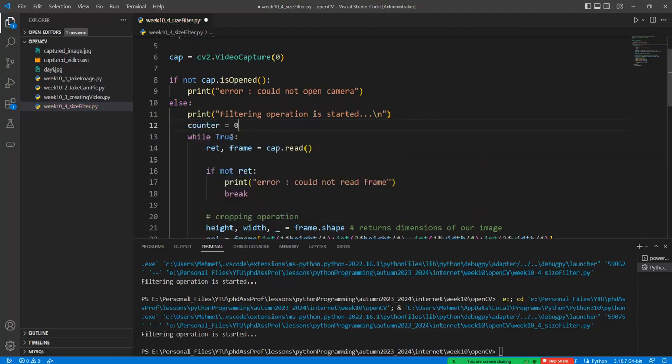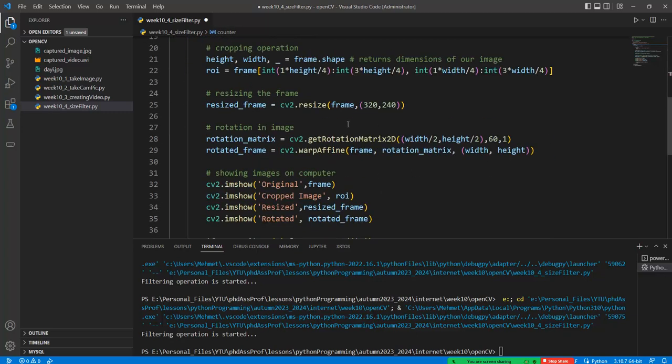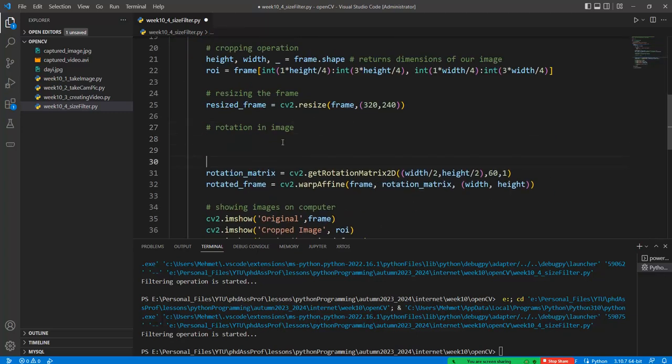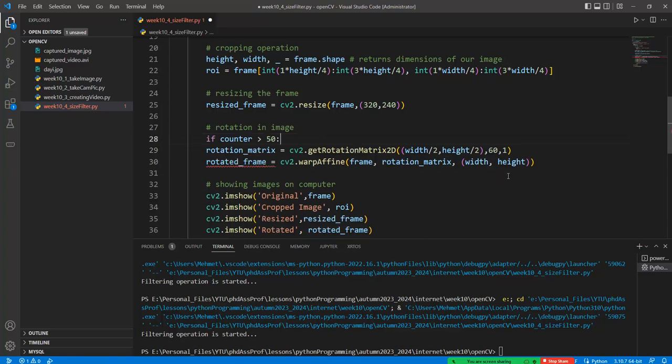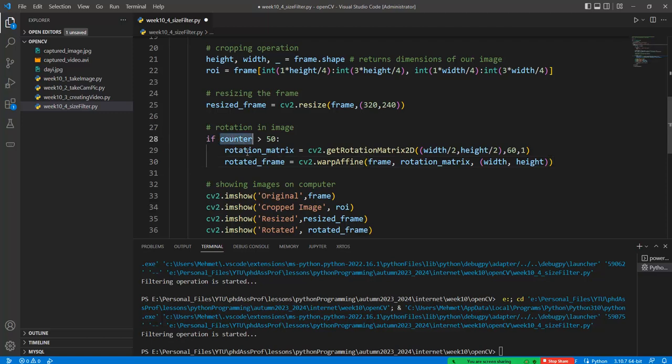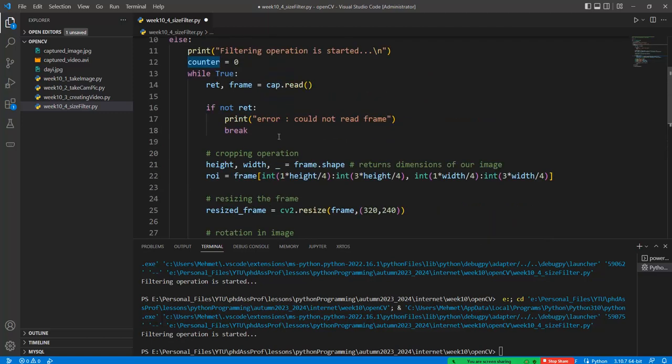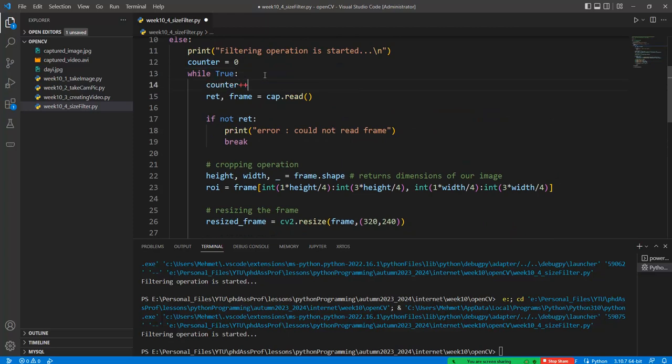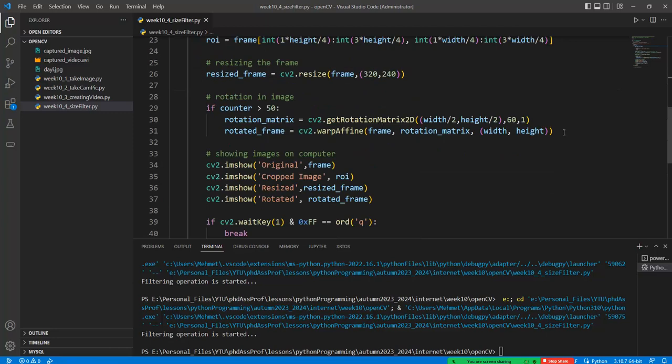Okay, and so in each iteration we can assign, if counter is greater than 100, for example, or 500, the rotation frame and rotation matrix is assigned with these terms. Okay, just like this one counter, and we can apply counter plus 1. Okay, or